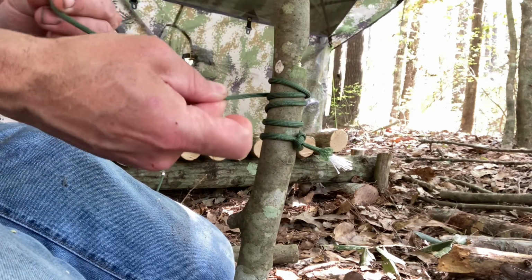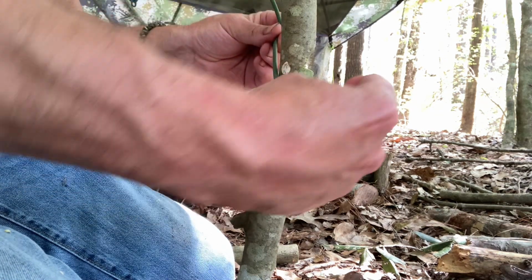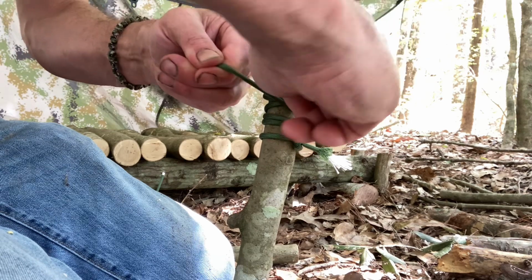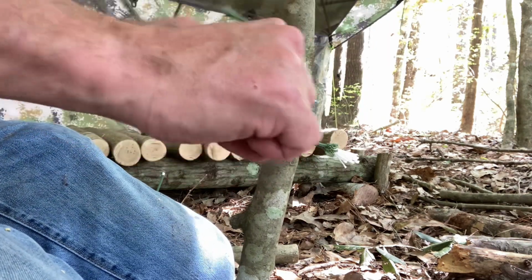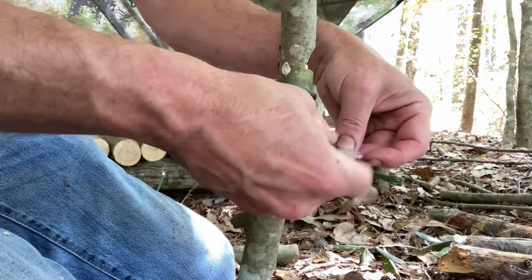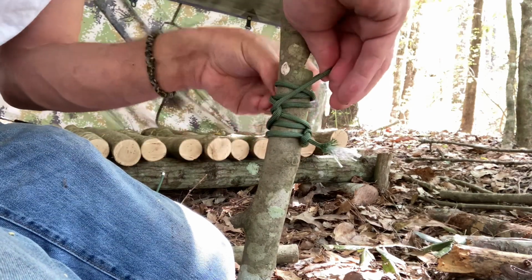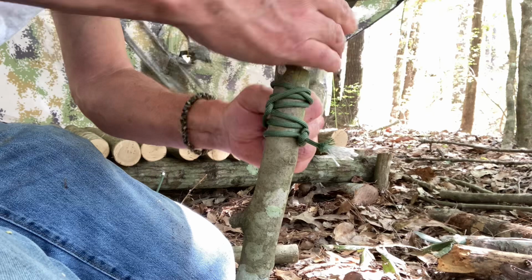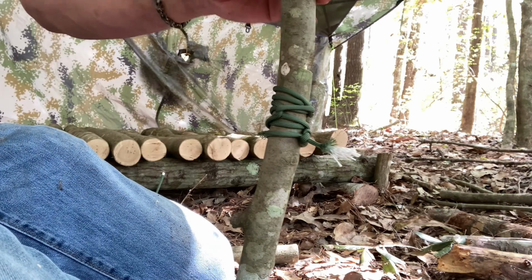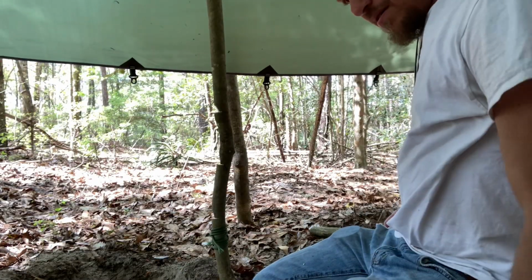Okay, now what I do on this one is instead of wrapping the whole thing around one more time, I'll turn it into a loop like this, and I'll wrap the thing back around it and loop it back to itself and tighten it. Okay, she ain't pretty, but she'll work. Okay, so now that that's on there,